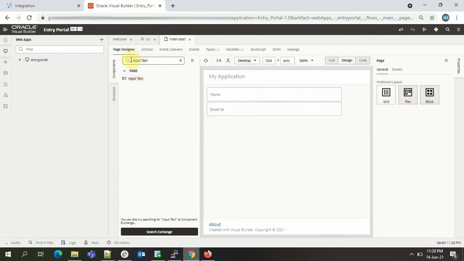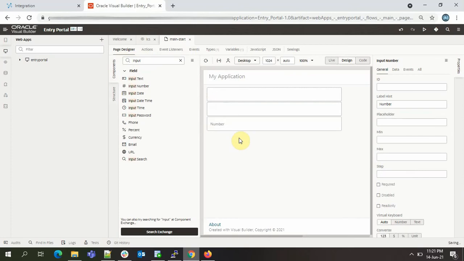Now we had one number field, so we'll drop number now, and similarly we'll change the label to age here.